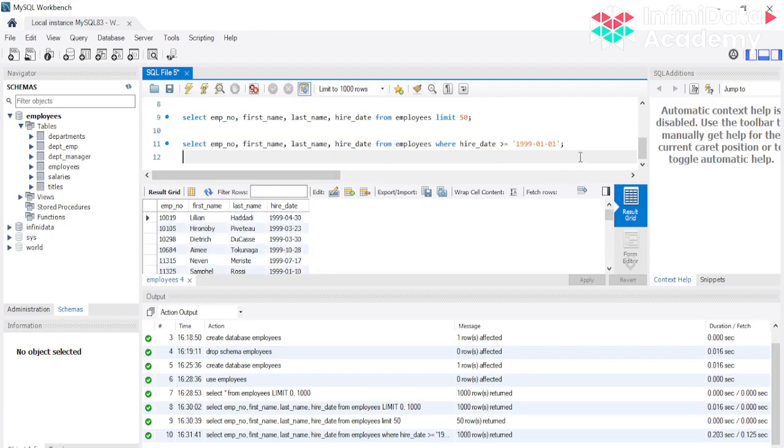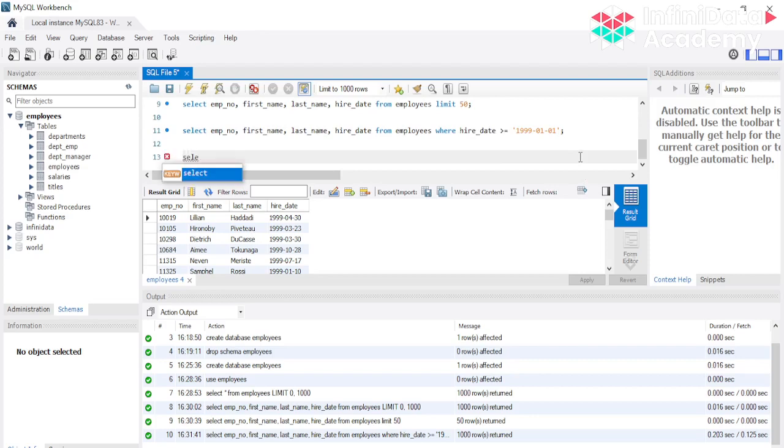And another thing is, let's say आपको simple check करना है how many employees are there, कितने employees की detail है. You can do that using select count star. Count star will basically आपकी कोई भी table है, you want to count the number of records, उसके लिए you can use the count star. So select count star from employees.